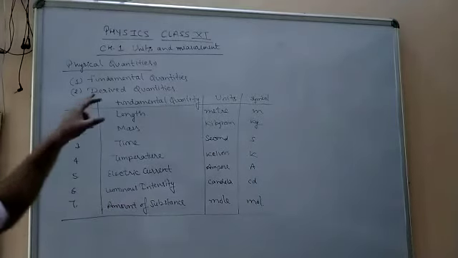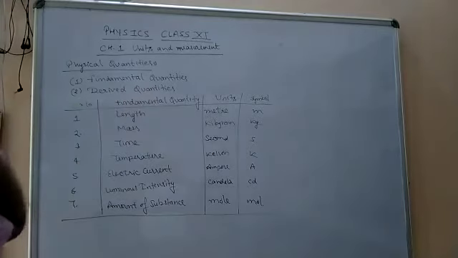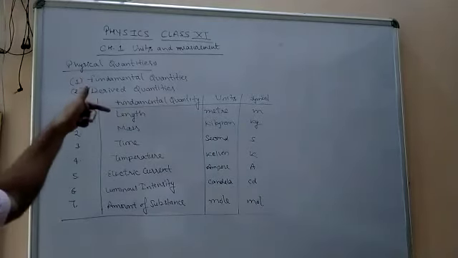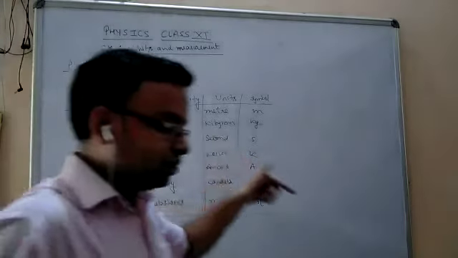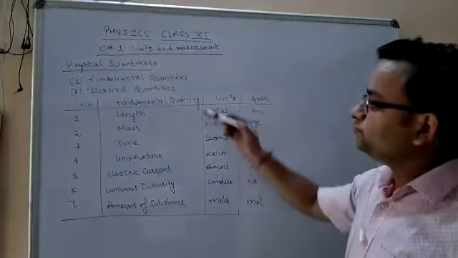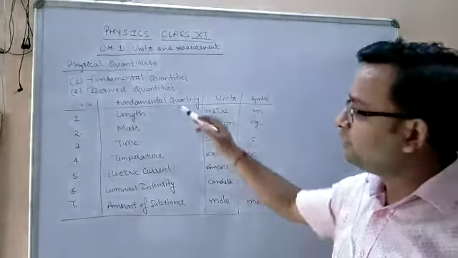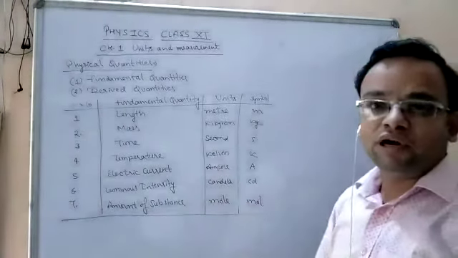Next topic is derived quantities. There are so many derived quantities. Derived quantities are derived by the help of fundamental quantities. So students, we can see derived quantities, the quantities which are derived in terms of fundamental quantities are known as derived quantities. Just like,